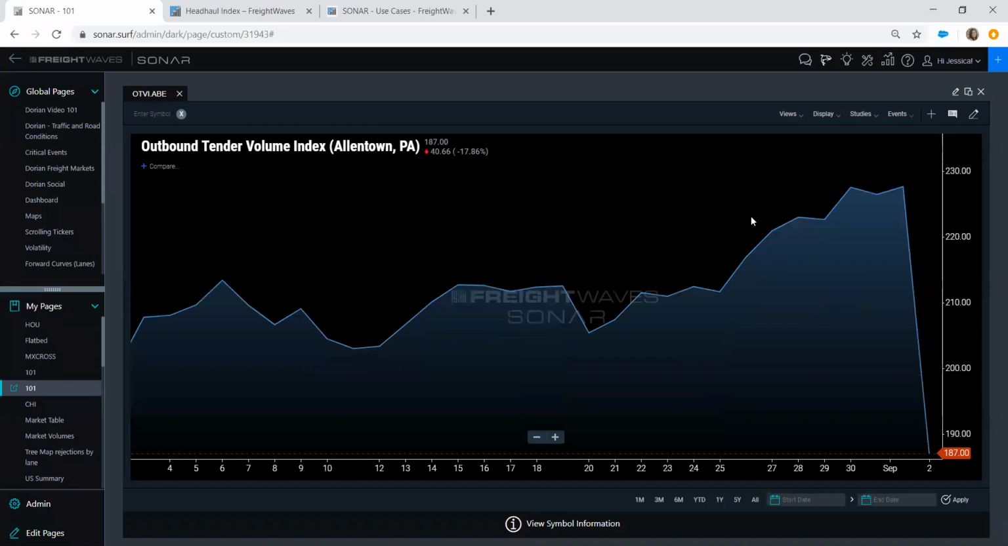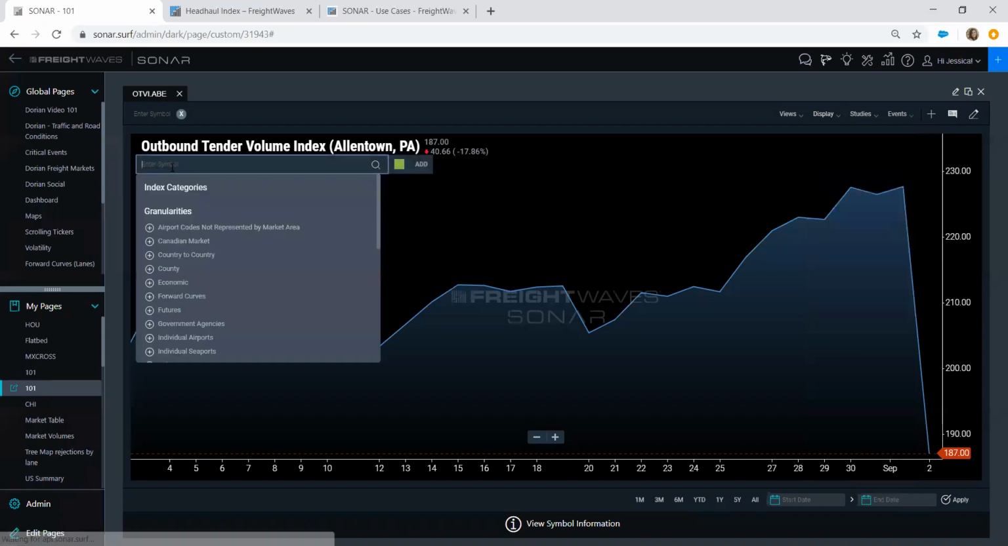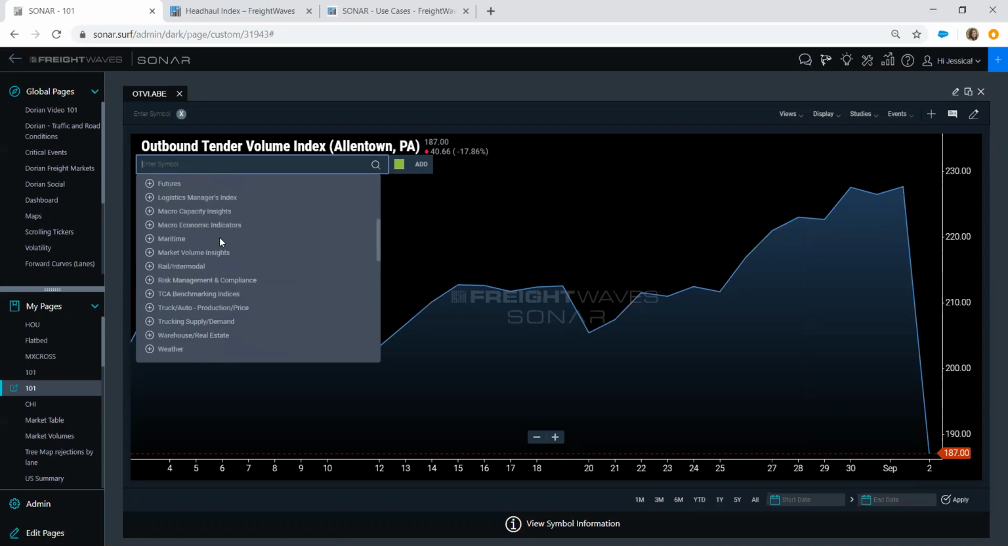Over on the right-hand side, you have a couple different things that you can play around with. The display button, we have the absolute axis, which gives you the absolute number. Relative will show you the percent change over the time period that you're looking at. The dual axis is for when you are comparing other data sets. So for example, if I wanted to click on here and I wanted to compare outbound tender volume to Allentown versus